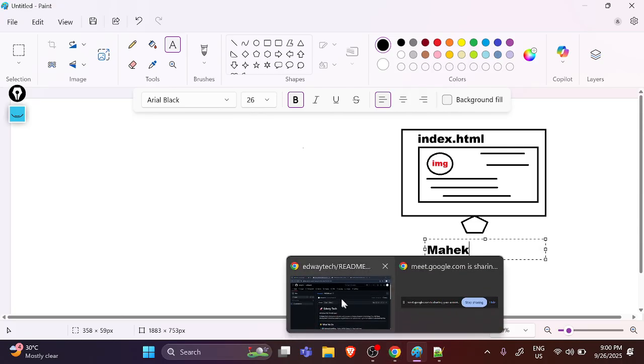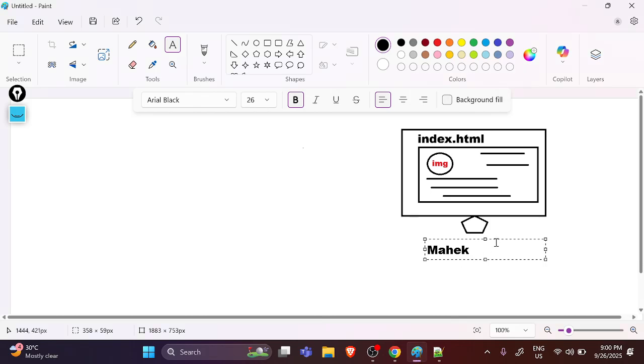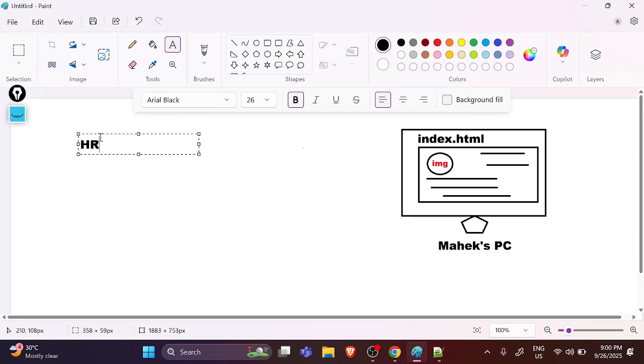Is she there or not? Yes, sir. Okay. So let's suppose this is Mehak's PC. She built something, and HR wants to see her work. HR called her regarding a job opportunity and wants to see her portfolio. HR is saying, can you please share your resume and portfolio? So the resume is there, but